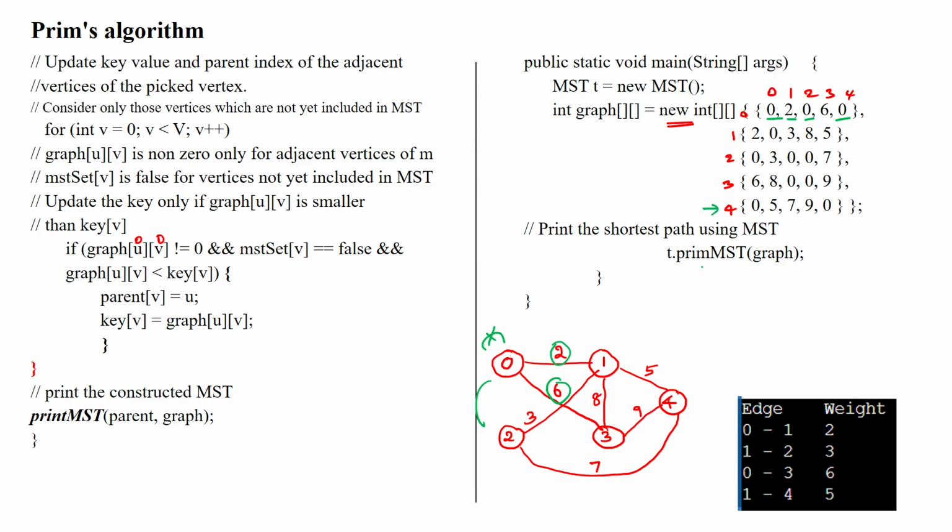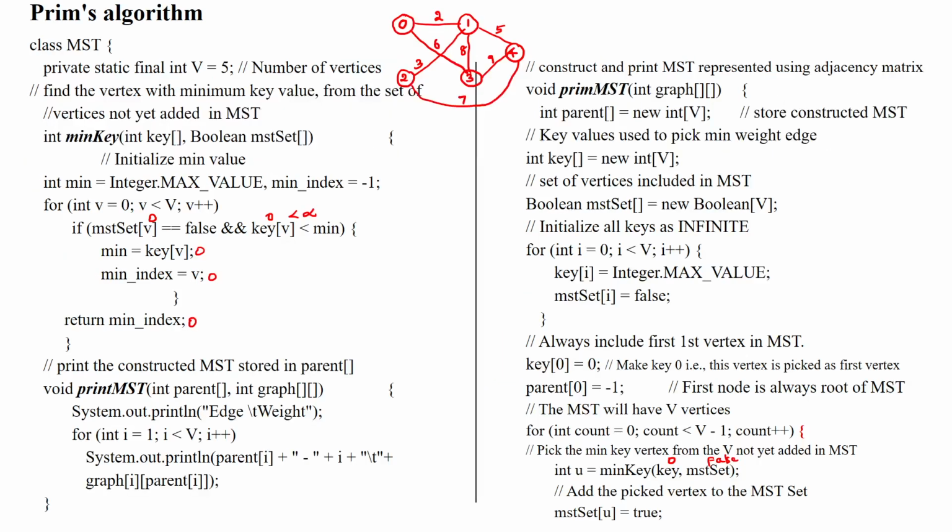Like that, when you take vertex 4, from 4 to 0 there is no edge, so 0. From 4 to 1 we have 5, which is mentioned here. Then 4 to 2 is 7, which is given here. 4 to 3 is 9, given here. Then 4 to 4 there is no edge, so it is 0. Like that we are passing the values, then we are calling the Prim algorithm method to construct the minimum